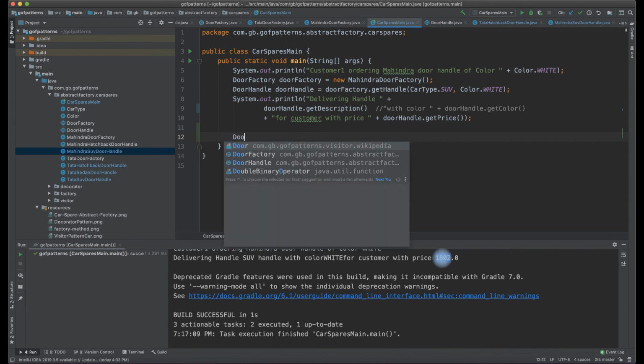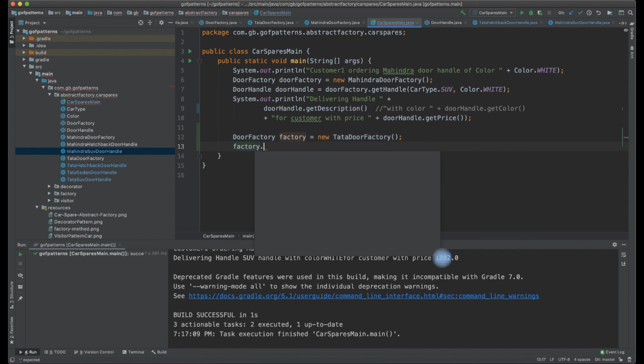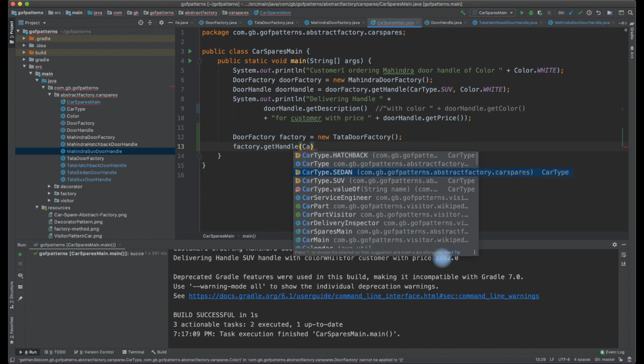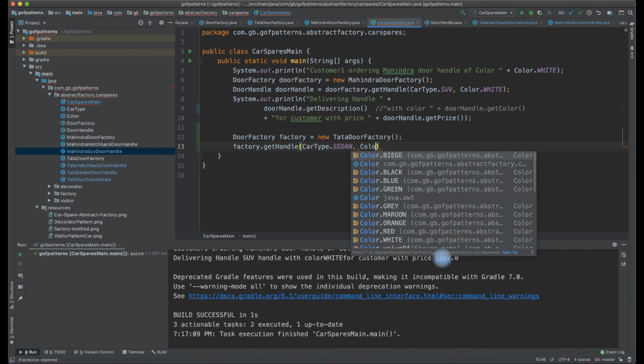Here, door factory, okay, factory equal to new Tata door factory, factory dot get handle of car type dot sedan. We are going to get the door handle for sedan car, color dot orange.